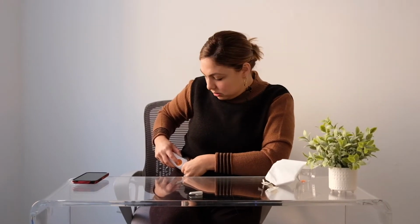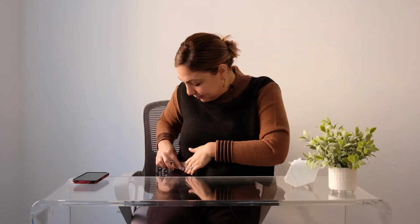Push. I like to hold it down for a second or two. Let go. It releases and you toss that bad boy in the trash. Last but not least, you put the thing that you didn't throw out back on. And there you have it. Dexcom changed. Go back in your app,